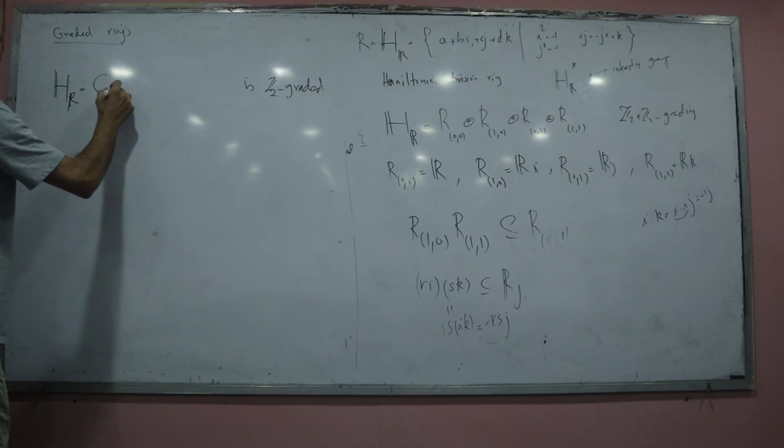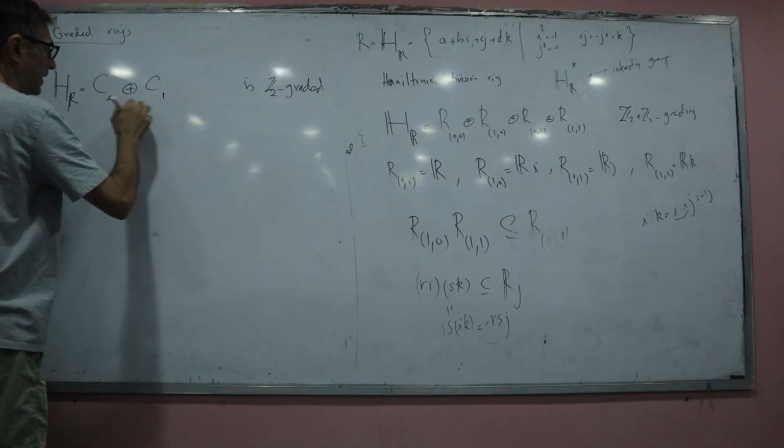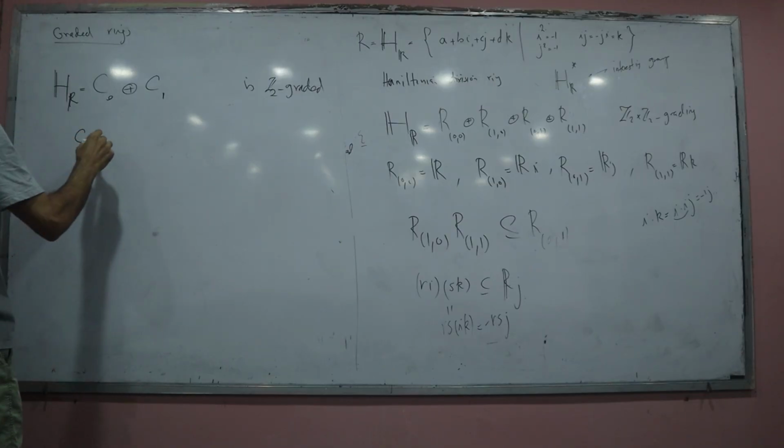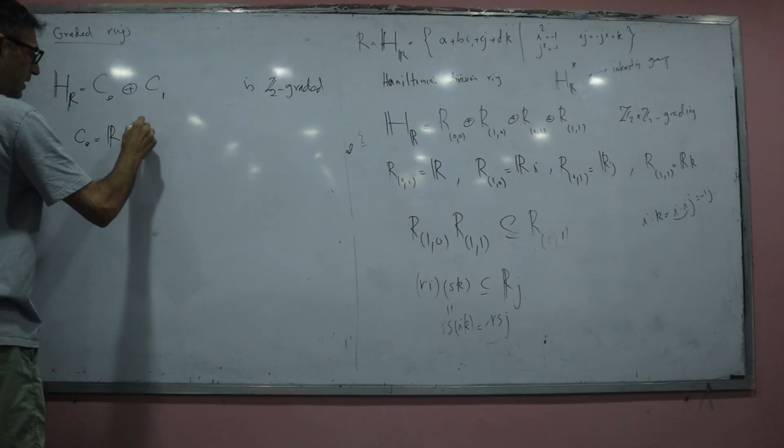So I have to get a C0 plus C1, and these are coming from Z2. And if I give you R plus Ri,